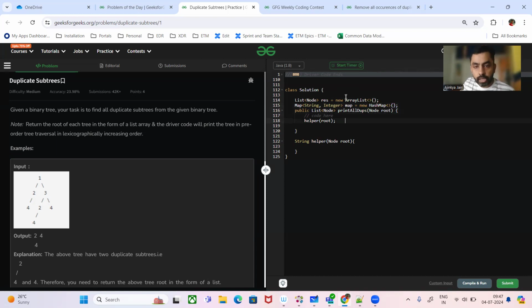So here we have the resultant list. Now, before going to the base condition, we are going to have a string str equal to root dot data. Just be with me, I'll explain what is happening. So root dot data plus